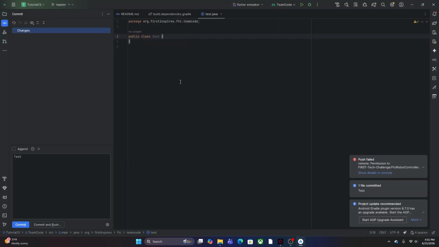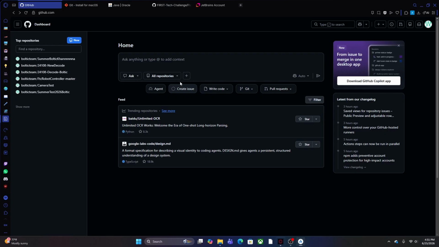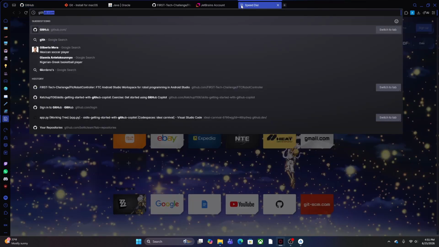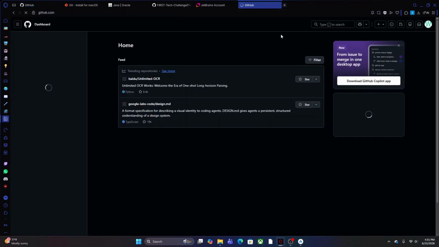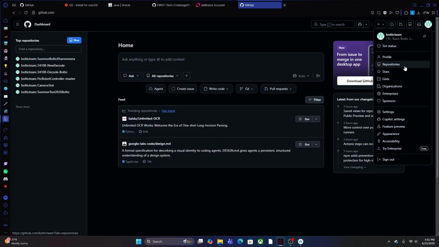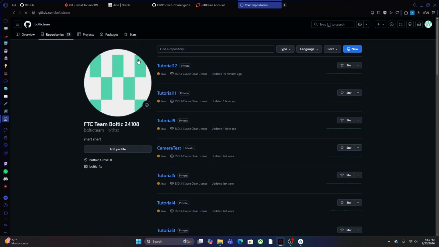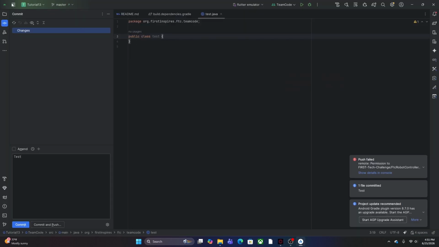Now, if your teammates want to pull the repository onto their own device, you'll need to follow another step anytime you make a new repository. Because if we go to GitHub and log in and click your profile picture and go to repositories, the repository isn't there. So in order to put it onto your account, you'll need to do this process.